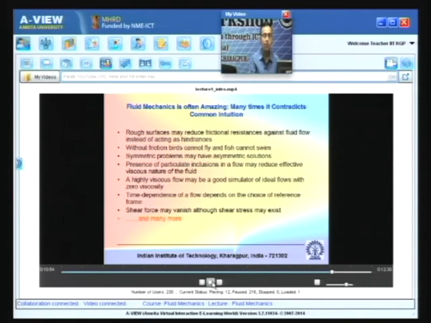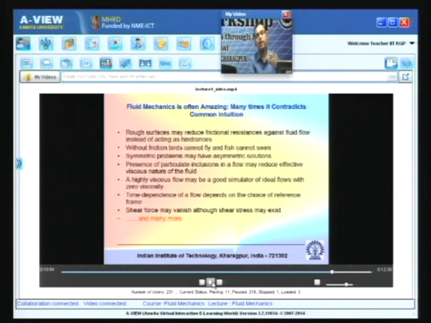Symmetric problems may have asymmetric solutions. Presence of particles in a flow may reduce the effective viscous nature of the fluid. A highly viscous flow may be a good simulator of ideal flows with zero viscosity. Time dependence of a flow depends on the choice of the reference frame from which you are looking into the flow. Shear force may vanish although shear stress may exist. So, these are all very non-intuitive statements,